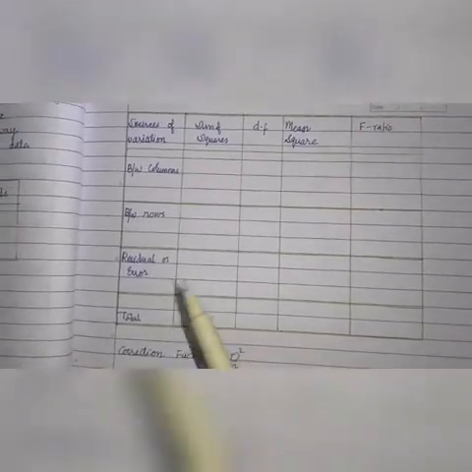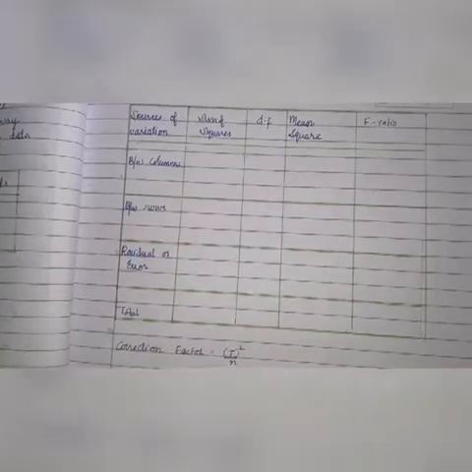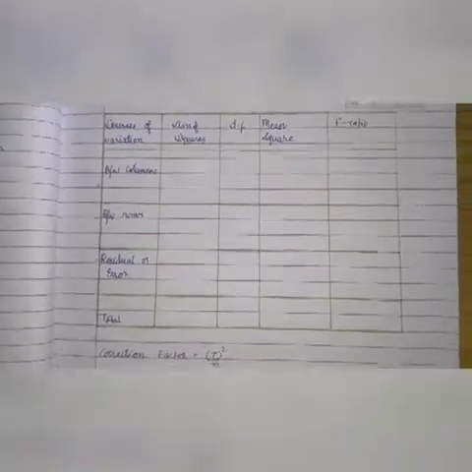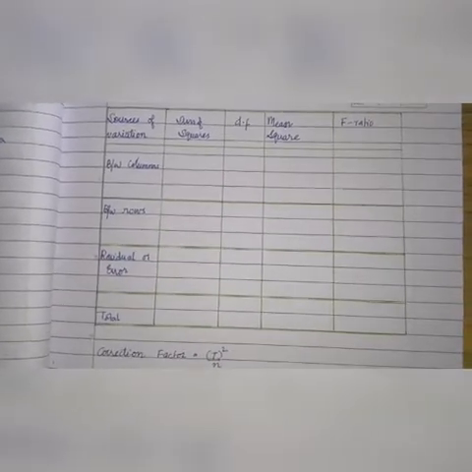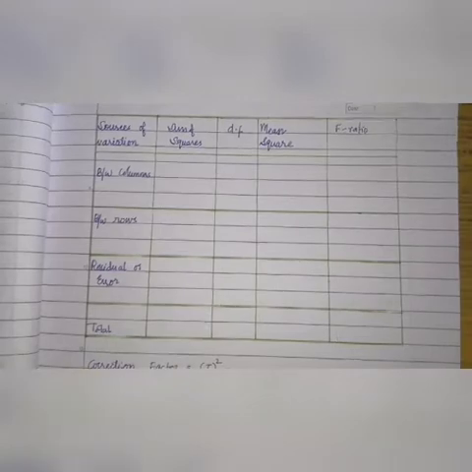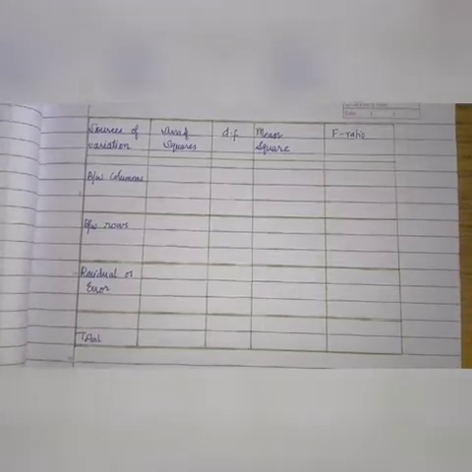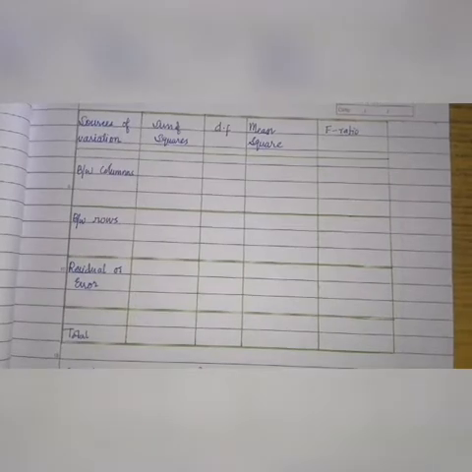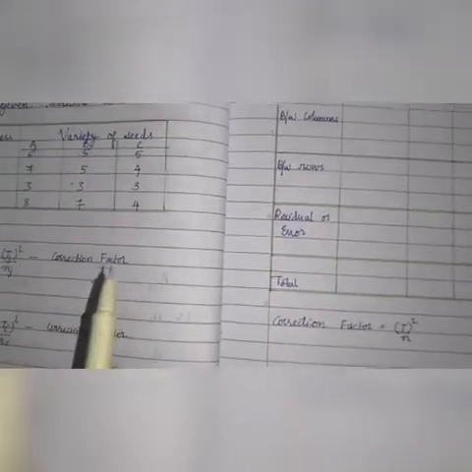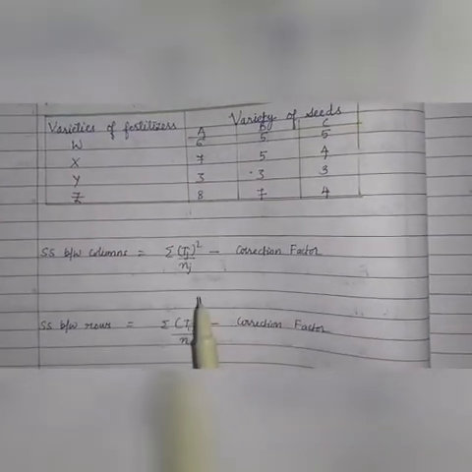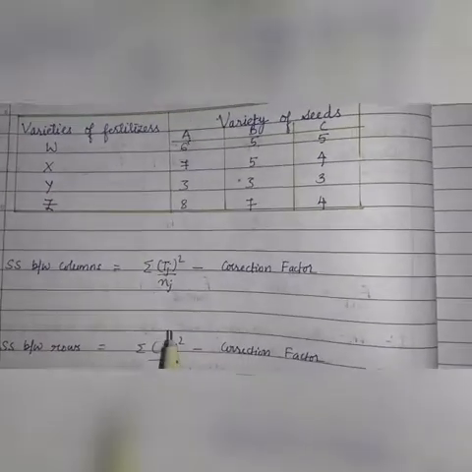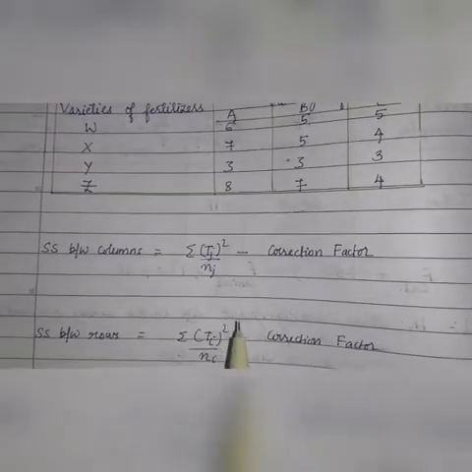If we calculate the variation between the columns, between the rows, and the residual, it becomes very difficult to keep a tab on what is going on. So it is better if we create a proforma like this and keep on entering the values as and when we calculate. It becomes easy for us to keep a tab on what is going on in the problem. Next, coming to the formula, it is already written here. We will solve it according to the procedure, and I will also share the content in the WhatsApp group.